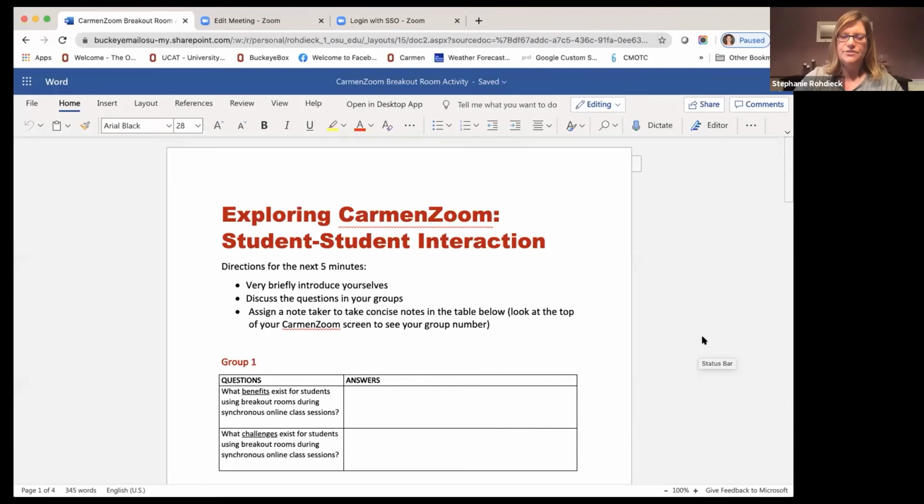Okay, so if you want to see if you can get to that link, that would be lovely. And let me just share what it is that I'm talking about here. There are a lot of buttons to push if you haven't figured that out yet. Okay, so I just want to show you that this is the doc, and these are the 2 questions. So you'll see your group number at the top, and you have 5 minutes. Just see if you can get a couple of answers typed in over here, okay?